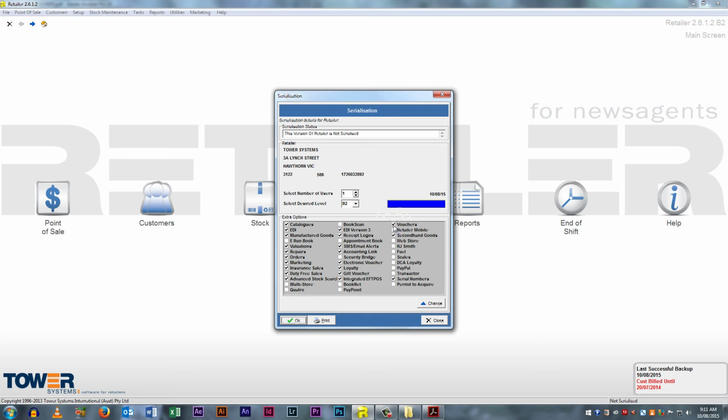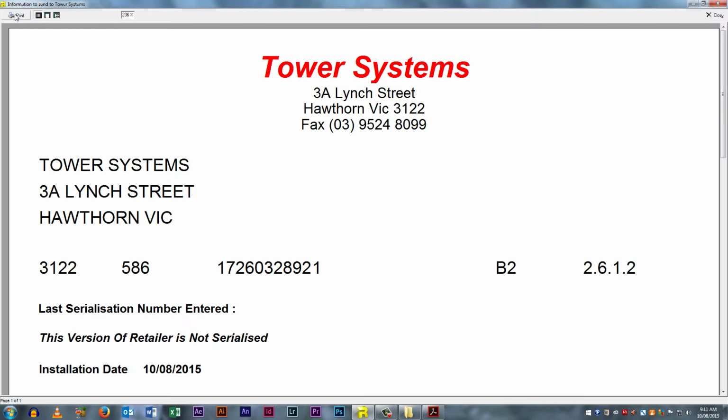You can't just tick on it. What you need to do is, if you have it ticked, great. Ignore this next section. But if you haven't got it ticked, click on the print button here, and just print off the screen, and write somewhere on that printout that you'd like to enable discount vouchers. Sign it, date it, and if you have a fax machine, go ahead and fax it up to the number up here, or just scan and email it over to